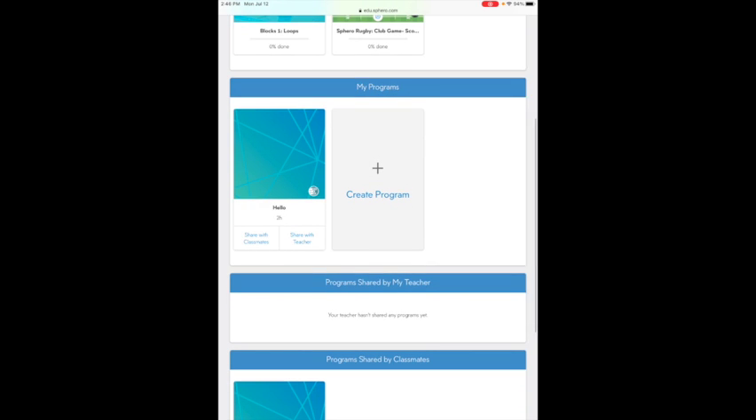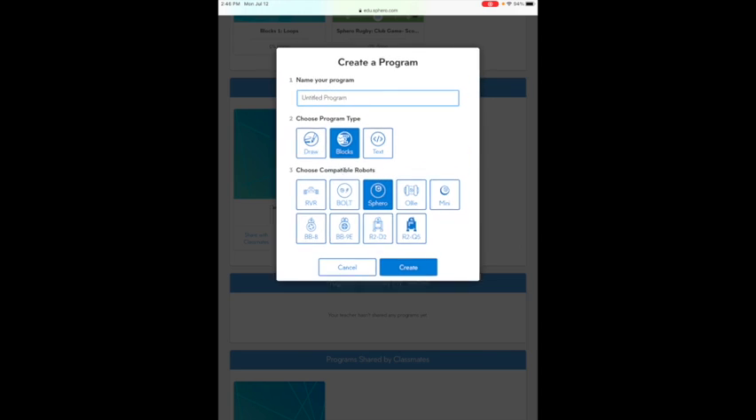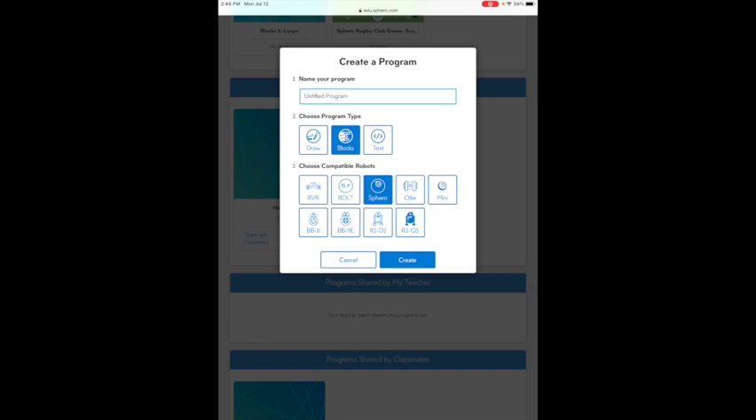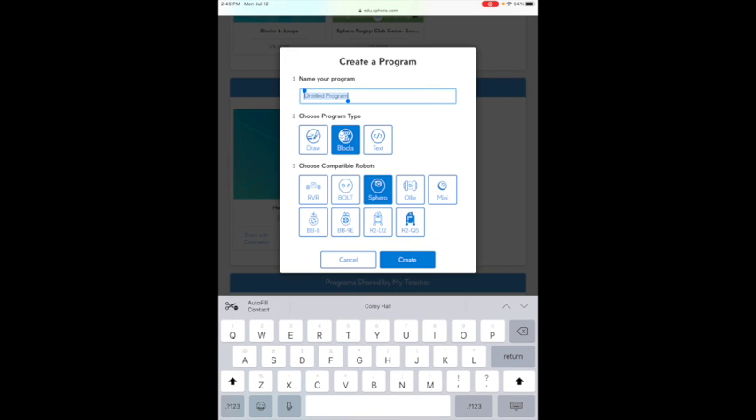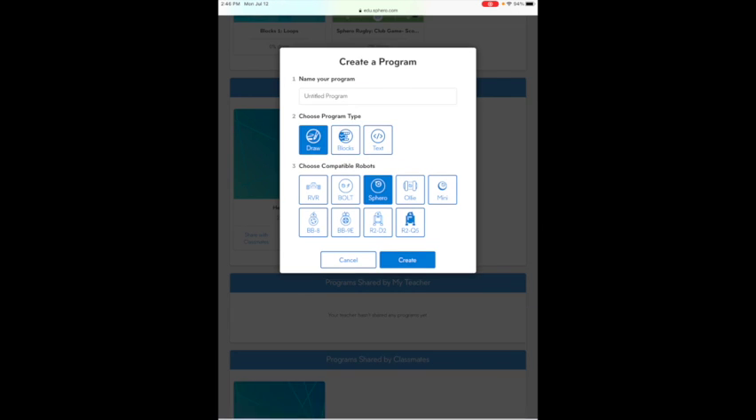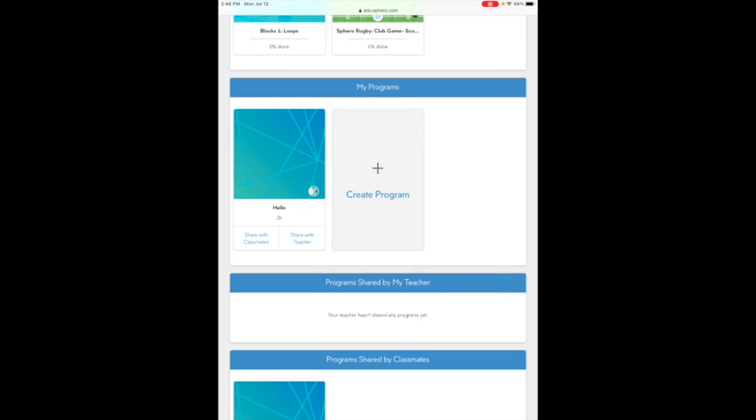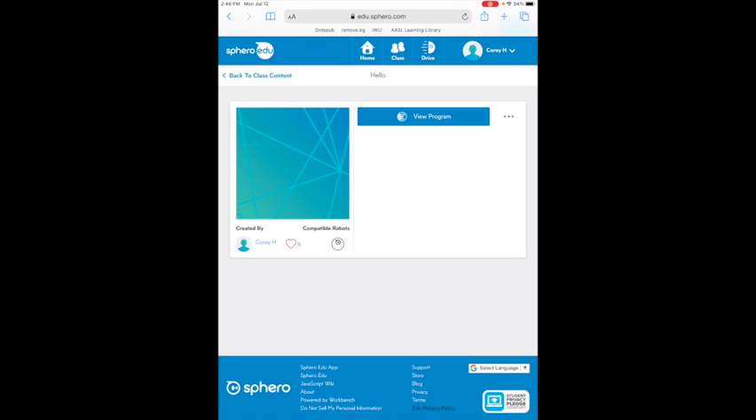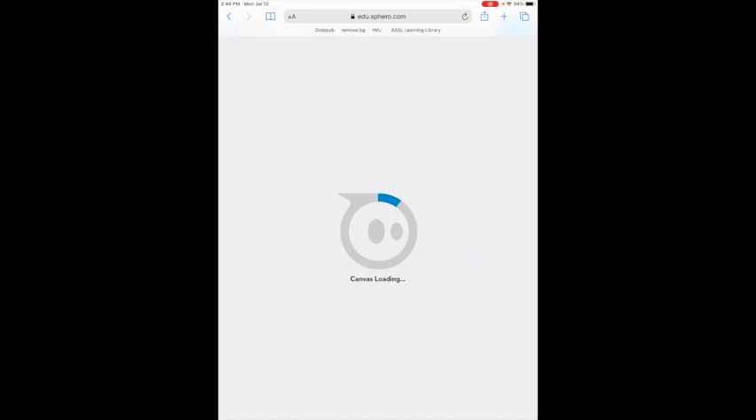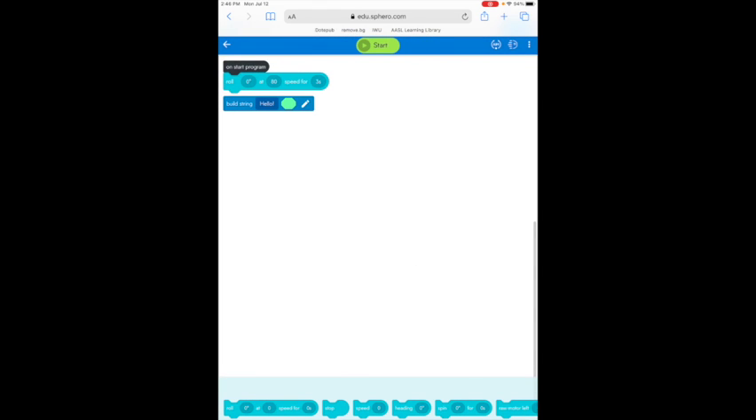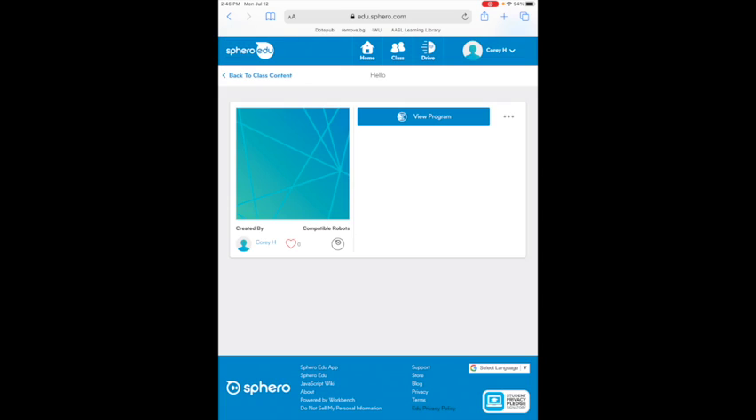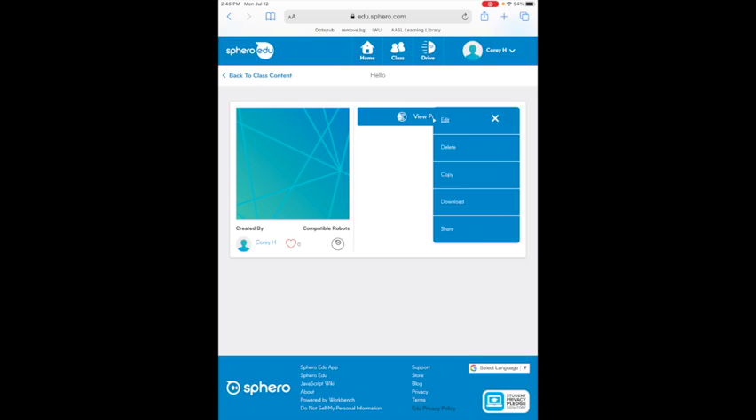But I can also create my own programs by selecting Create a Program, naming my program, selecting the program type, if it's draw, blocks, or text, and then which are the compatible robots to go with this particular program. So I created a very simple block program earlier, and you can see it here. So a student could create their program, and then they can share their program